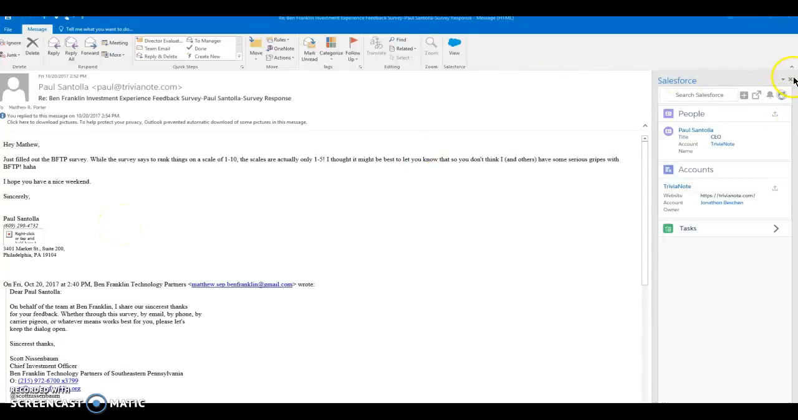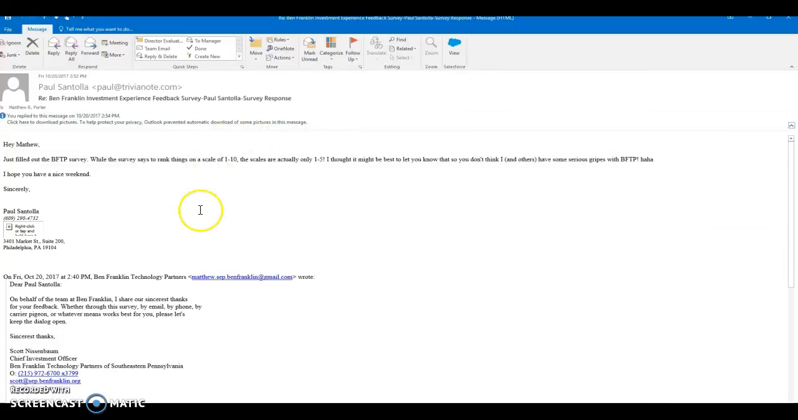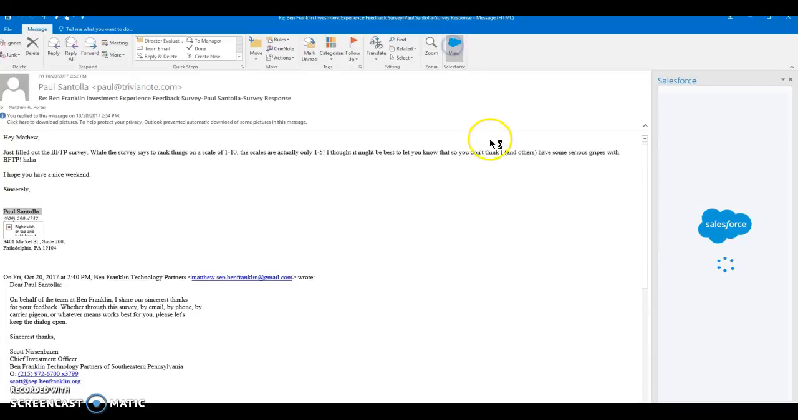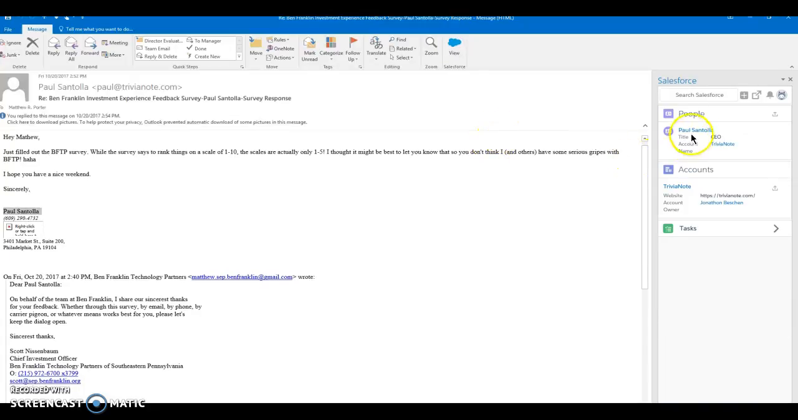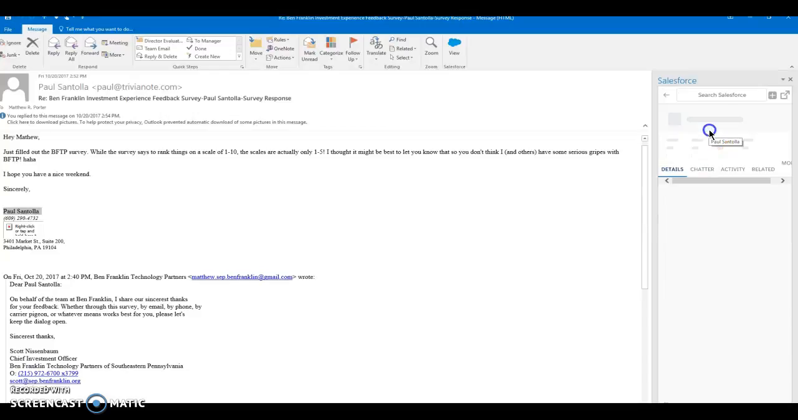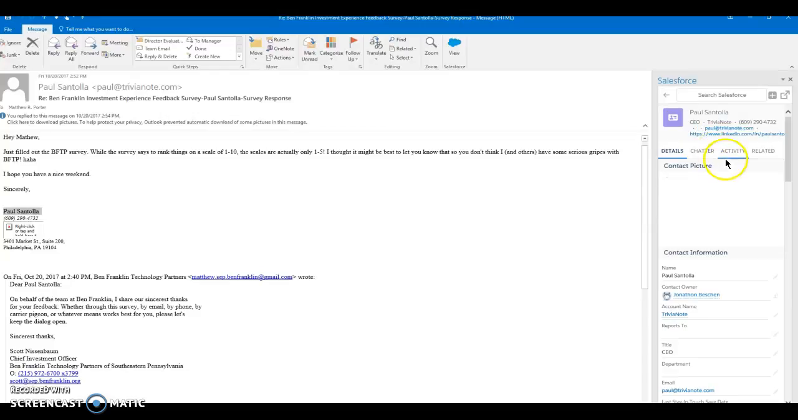Hey Dan, so this is the issue I was having with the Salesforce connector. So I pulled up an email I got from someone that we have associated with an opportunity. When I click the Salesforce view button, what I see is he's related to, obviously, his contact record and his account record. But if I go into his contact record,